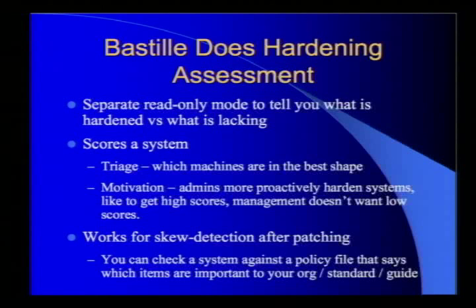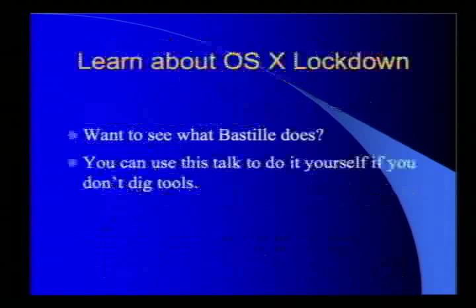So fine. Run the hardening thing, go and do your stuff, patch the system. Now you're worried patches broke your hardening. Run the assessment thing. Now you've got what we call skew detection. You harden it to this config, and now when you score against that config, 2 items have gotten unhardened. So now you know what got broken by the patch, what got unhardened, and I can put it back. I don't know, this works pretty well.